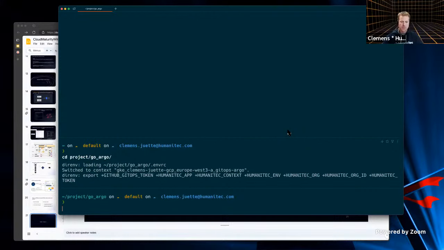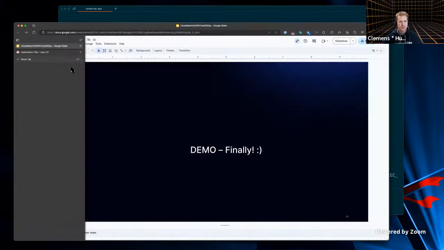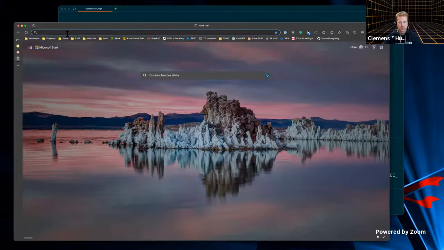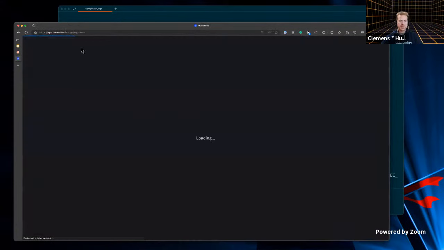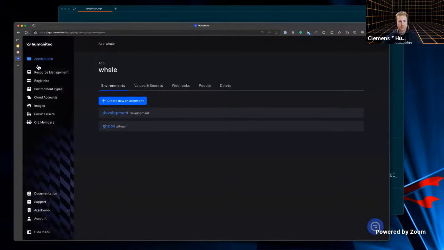And what I'm also going to do now is take a look at the orchestrator, which is sitting at humanitec.io. And I'm living inside of my Argo demo account right now, or my Argo demo tenant. And currently I have an application, yeah, which has two environments, one called development, one called GitOps, which looks interesting, right?